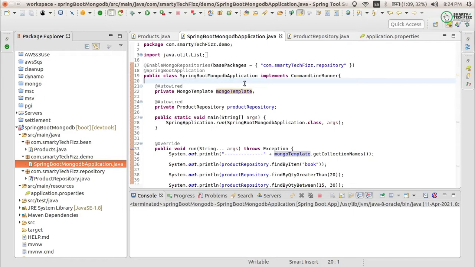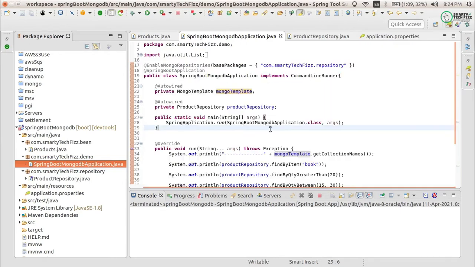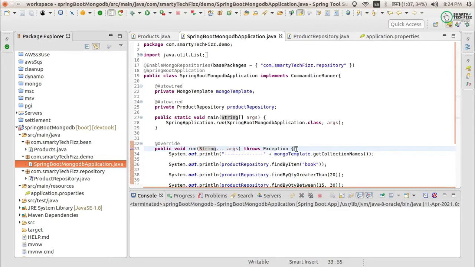But if you want the proper configuration, you can do that also. So let's see. This is my main class from where I run my MongoDB application. I have everything in my run method. You may have the whole Spring Boot application using REST controllers. That's okay. You just have to use the repositories or the method in the DAO part, and you can do it. You just have to focus on how I'm performing the query.